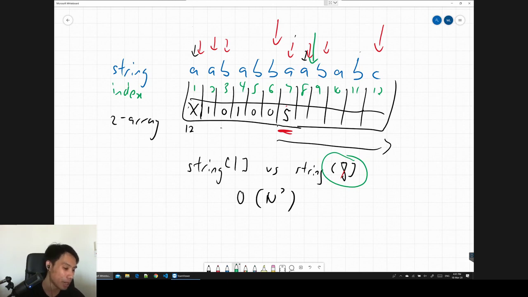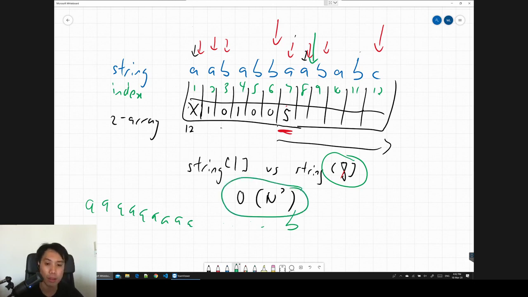In the worst case, I'm going to have a string which is A, all the way up to the last letter which is a B. And you're going to realize I'm repeating my comparison over and over, which gives us O(n) square complexity, which is